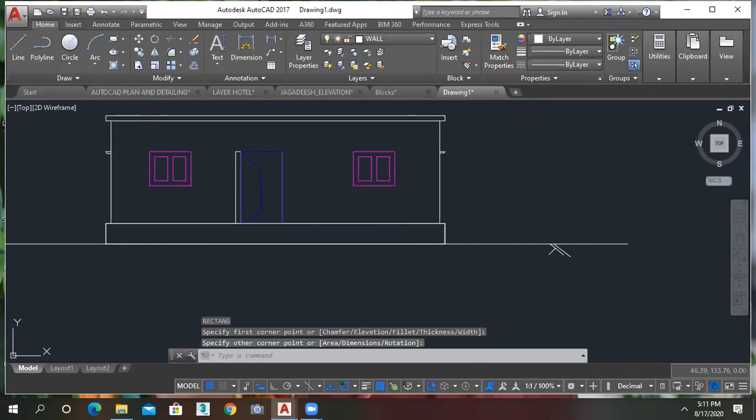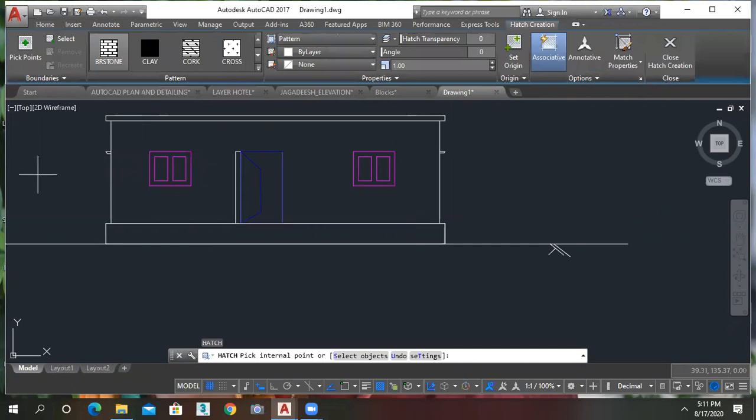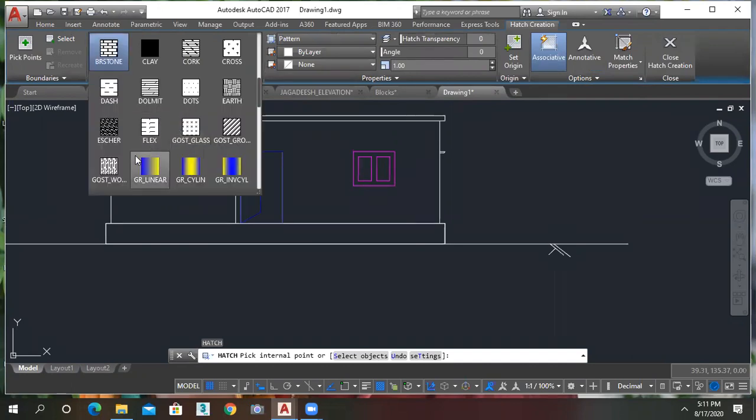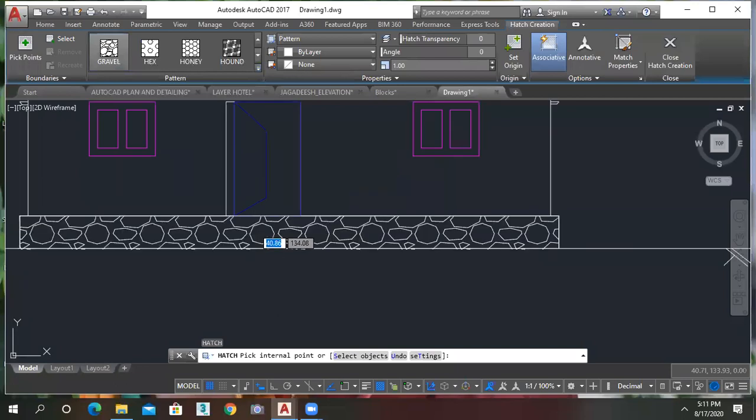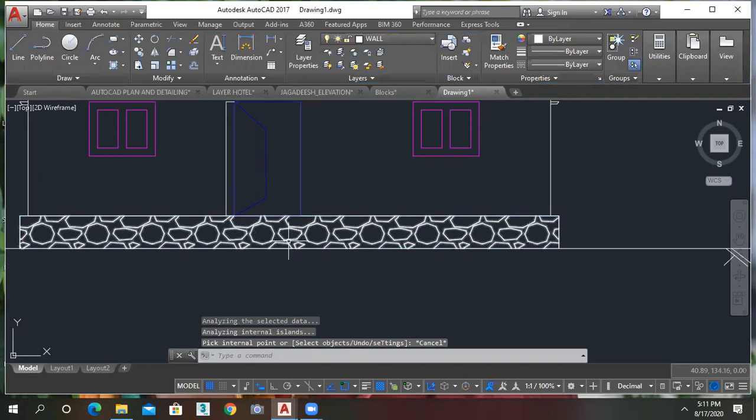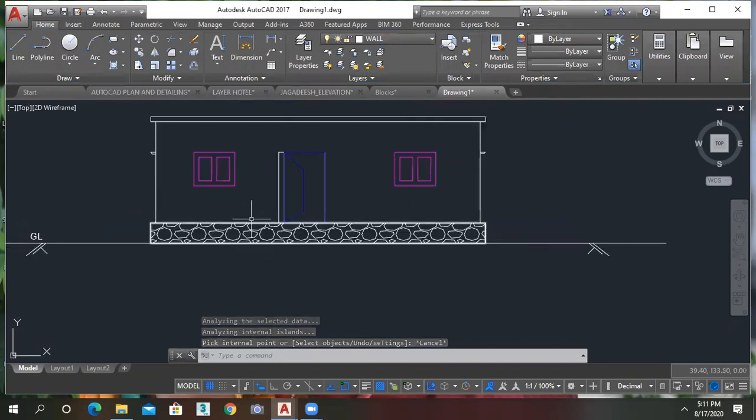Plane should be with the gravel or UCR. UCR means uncoursed rubble masonry. You can use this or you can use the pebbles also. Before applying the hatch, you just confirm that the portion is a boundary or not, means is it closed or not?